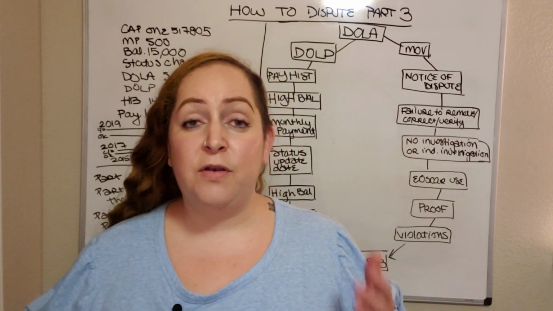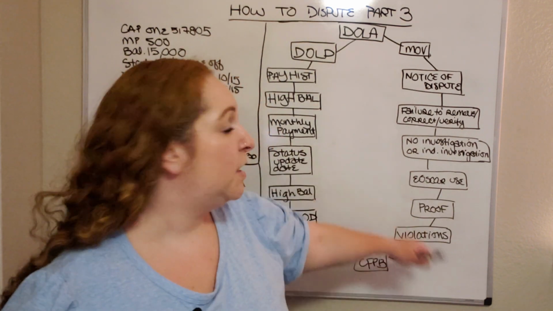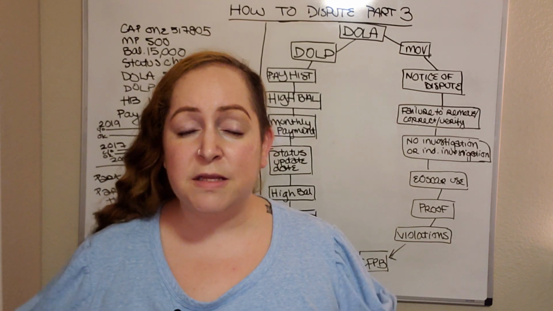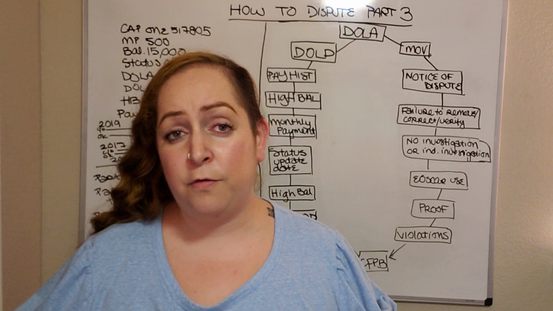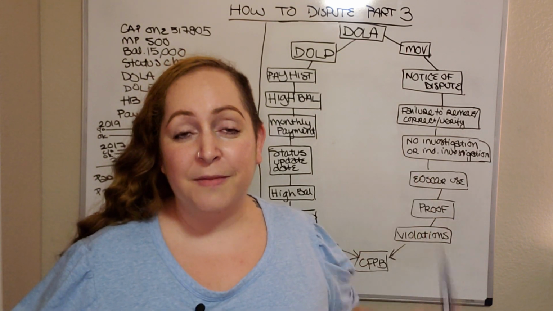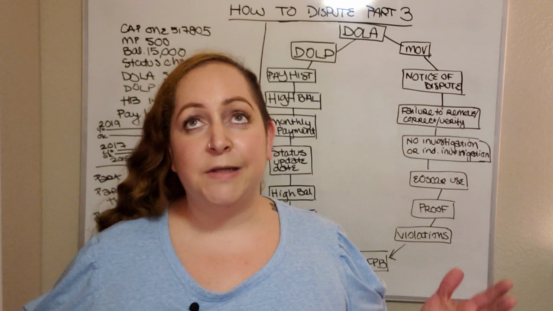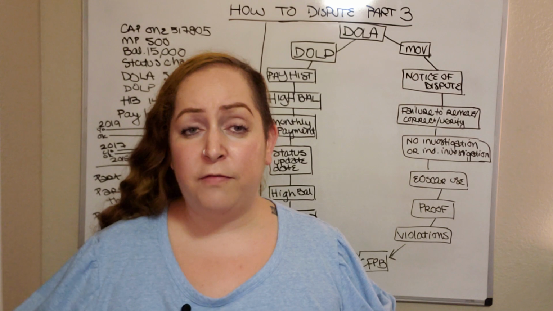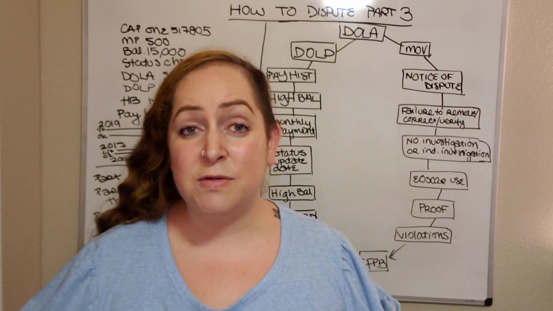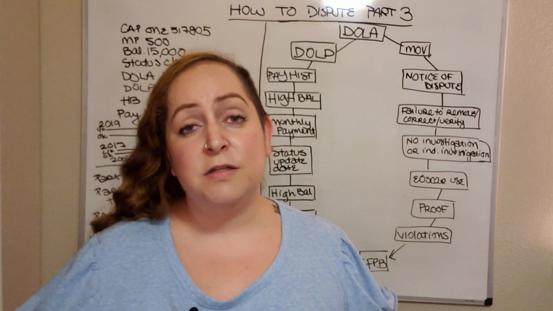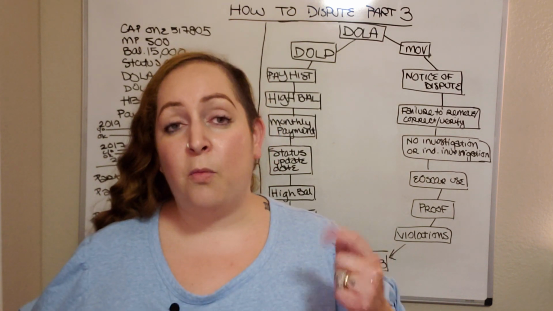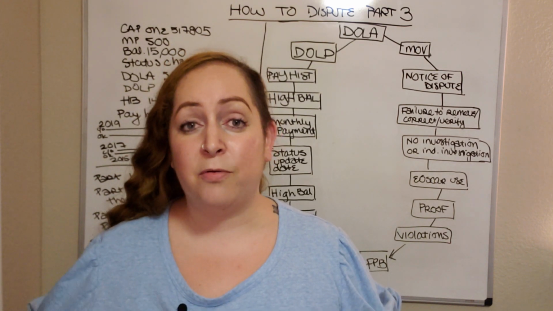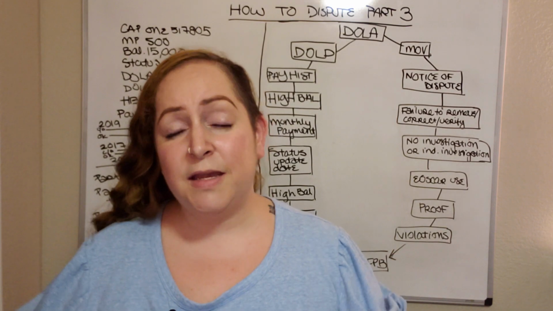Another one would be the notice of dispute. So we're going down this way. Notice of dispute. You didn't enter the required notice of dispute, and because of this the account is in violation and needs to be removed. Method of verification. Okay, so I disputed this inaccurate account. I asked for the method of verification, and all you said was that it was verified by the original creditor. Due to the fact that you didn't provide, number 1, the method of verification detail, number 2, the proof that the account is actually verified as accurate and reported as required under the FCRA,